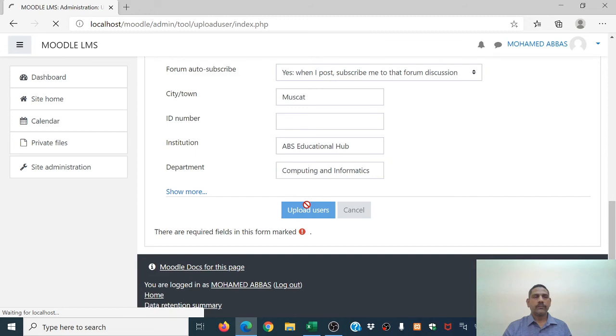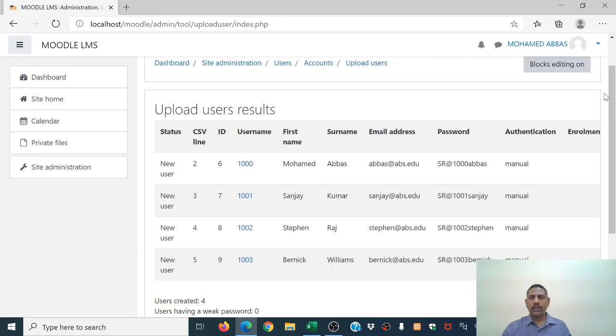It will take a little bit of time to upload into the server, because it uploads one by one, and this also depends on your server. Now see, the file is ready. The status shows new user for each username, and everything is uploaded. Now look at the status at the bottom: users created, errors 0. Press continue. Now your users are created in Moodle.